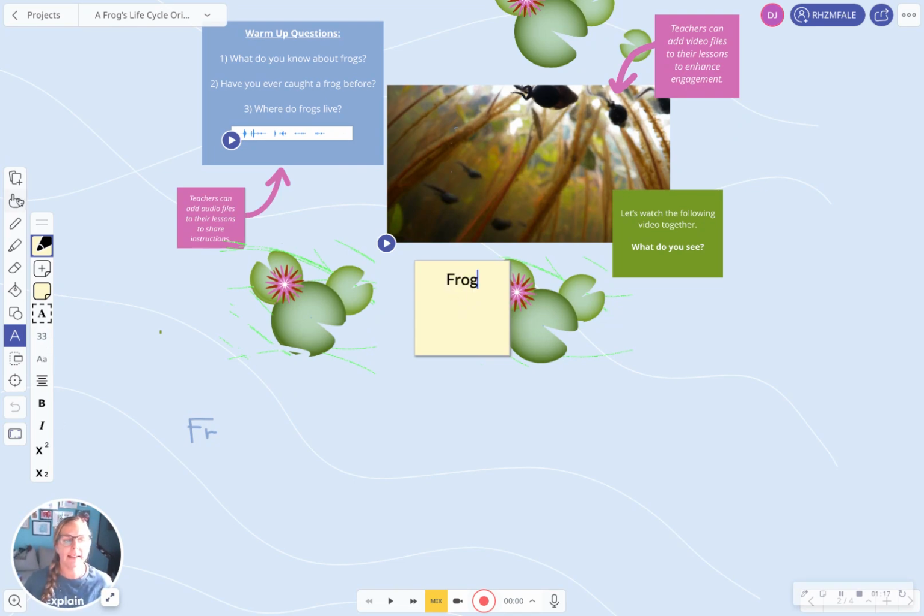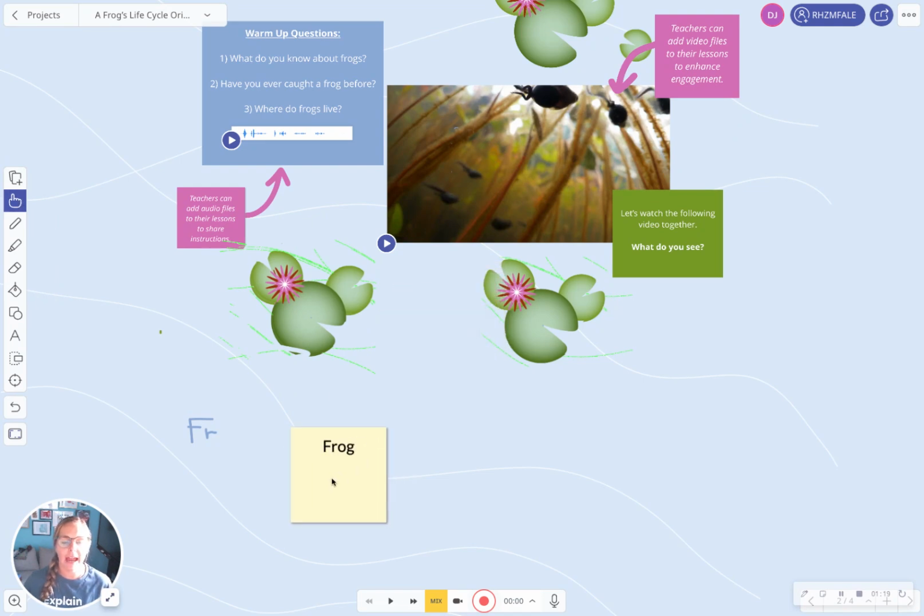And so the possibilities here are endless, but what's most important is that I'm capturing that moment, building on it, and really capitalizing on that learning at this particular time. And now it's being saved automatically, cloud-based, where we can go back and reflect on what they know, what they were curious about at any time during the school year. There's nothing more powerful than that.